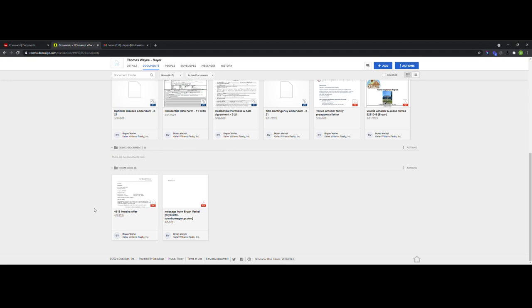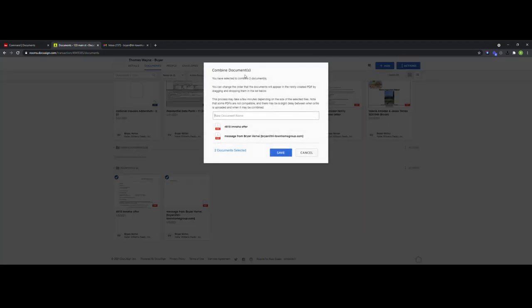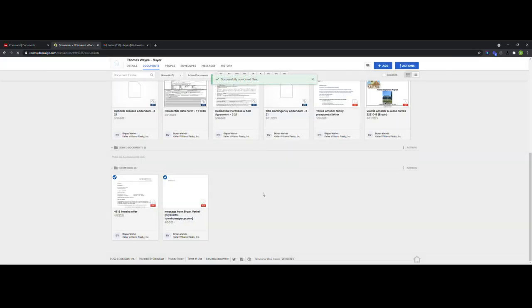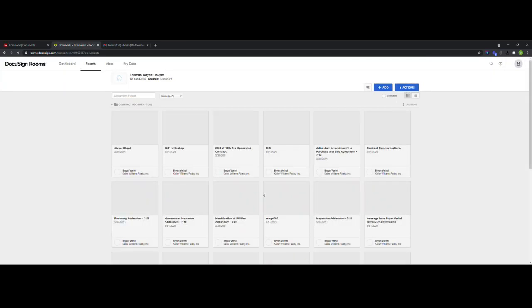So what this has done is it has emailed us everything from our email to the DocuSign Room, and now we just need to go ahead and merge it. So we're going to select these two items, and we can go ahead and select our combine option, and we can just have these two items in here and say they are contract communications. And what this does is we'll create one PDF that you can then assign to